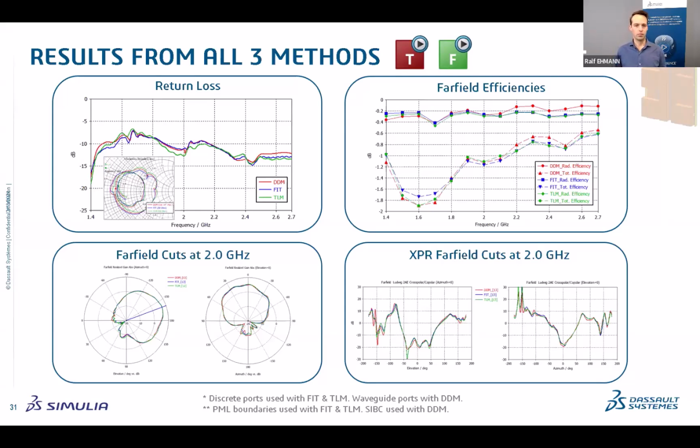and you can see the return loss, how this is compared over frequency. You can see on the right-hand side also the far-field efficiencies. So everything really spot on. And then when you go to the far-field cuts, also spot on for these elements and the cross-polar ratio in the right-hand side corner. So yeah, this is very useful just to give a bit of confidence also in these